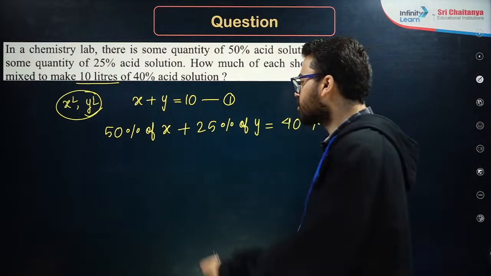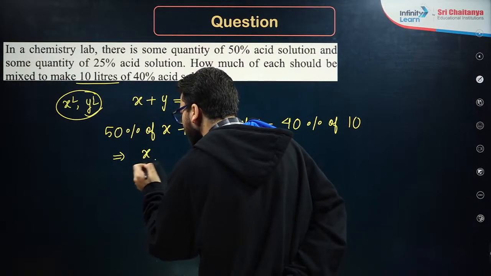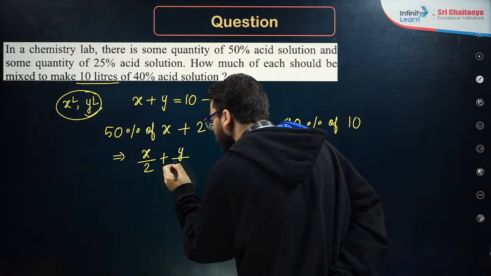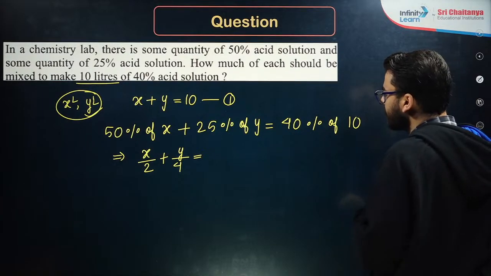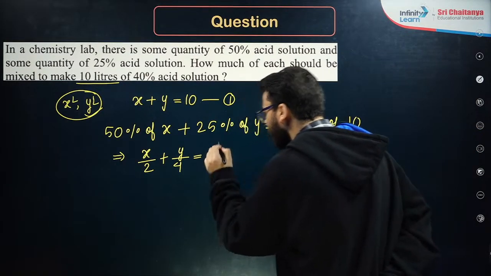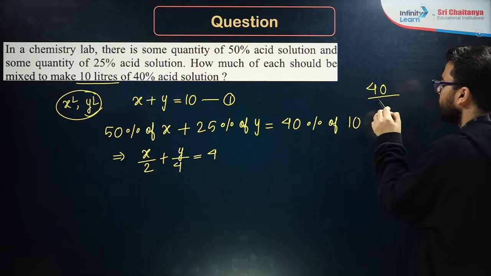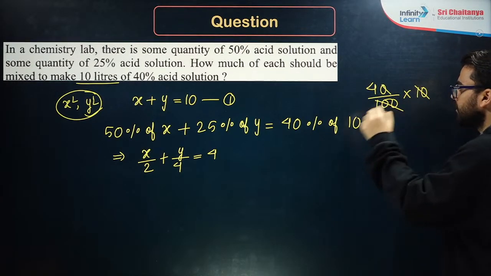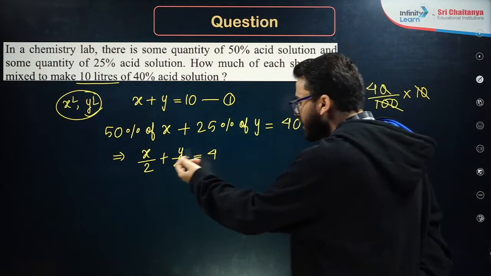चलो now let's try to simplify this. 50% means what? 50% of anything is x by 2, 25% of y is y by 4, and that is equal to 40% of 10 will be what guys? 40% of 10 will be 4 only. Is that clear? 40% ऑफ 10 परसेंटेज सबको पता है, नहीं पता है तो भी पता होना चाहिए, मतलब ये नहीं पता है तो थोड़ा मुश्किल है ना। चलो तो 4 हो गया यहां पर।